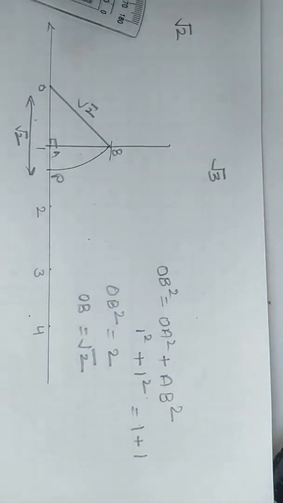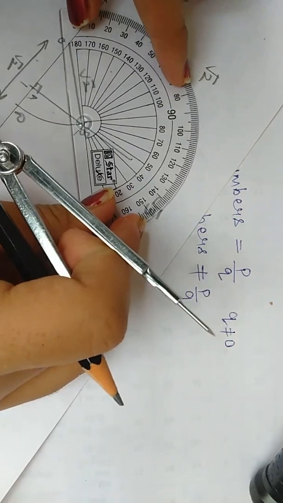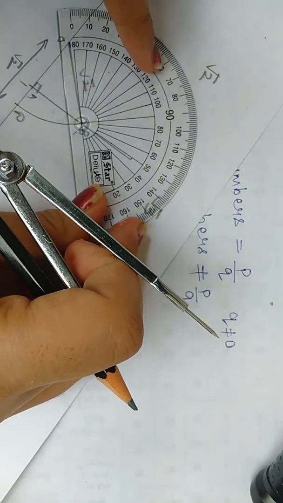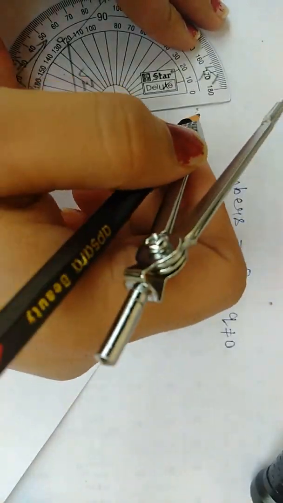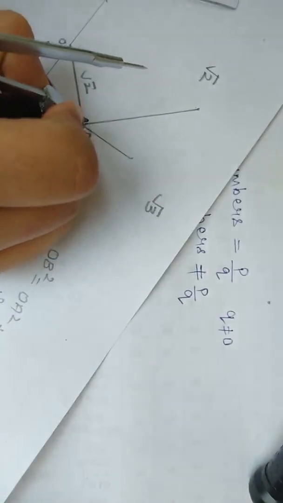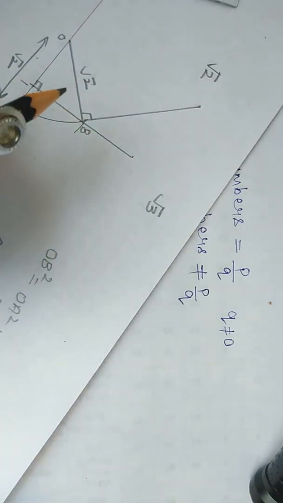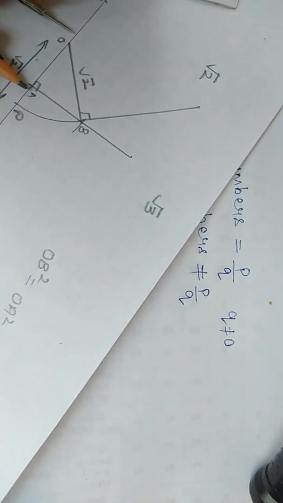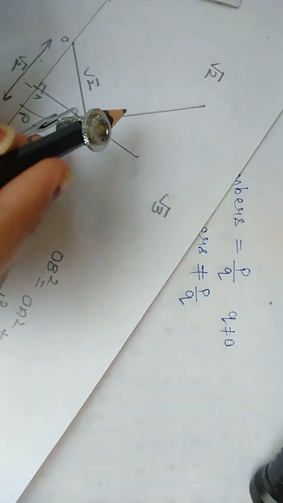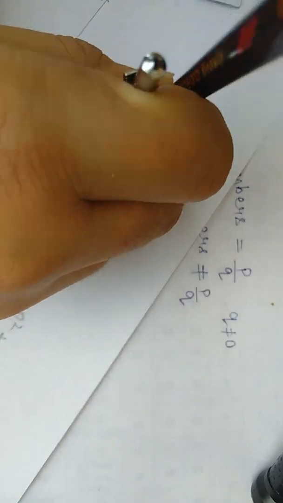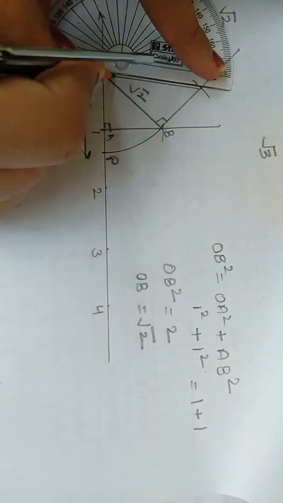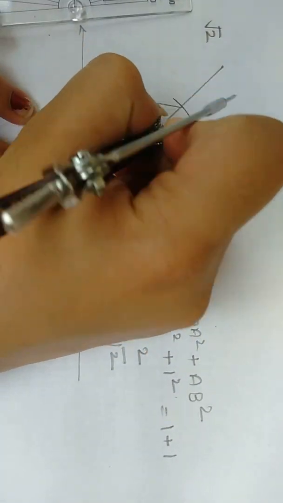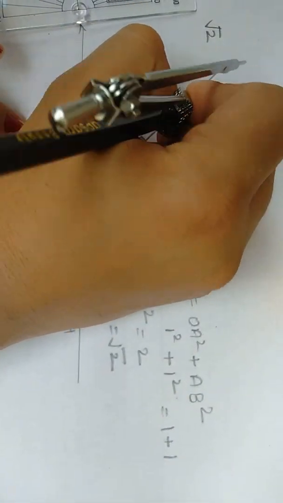We can locate it by drawing a perpendicular on this. We take OB as a base. This is 90 degrees. Now we again open an arc of 1 unit and intersect this perpendicular this way, and now we are going to join this point with the point O. This is 1 unit. Now we again label it. This comes to point C.